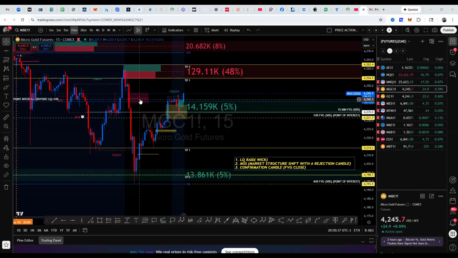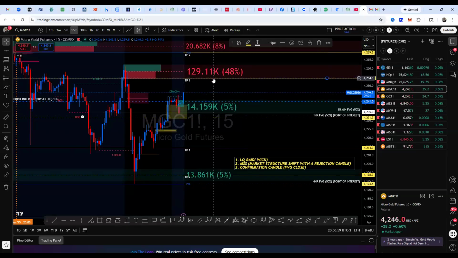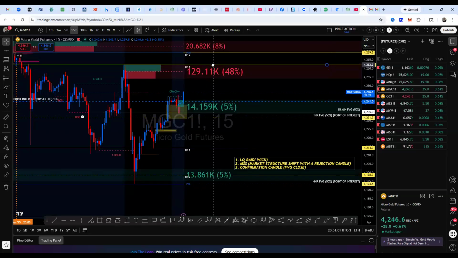It looks like this is starting to get invalidated. We've got an order block with this, a sweep. We have a fair value gap. So what we'll do is I'm going to wait for the fair value gap close. And then I'm probably going to realistically make the target this high here. I'm just going to change it.